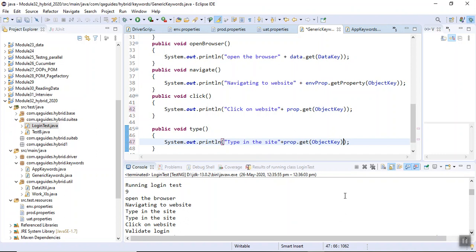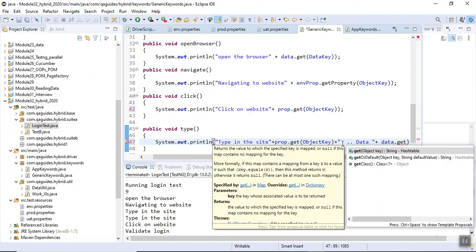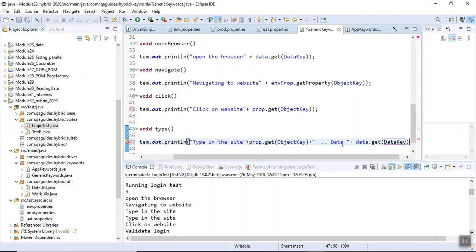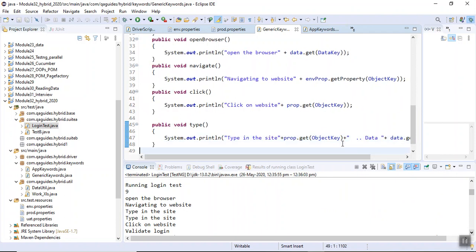So what I will do here, just give me a second. We will have the data plus data. Okay, and this data will come from hash table. Okay, so data key, data dot get. Okay, so we will get the data.